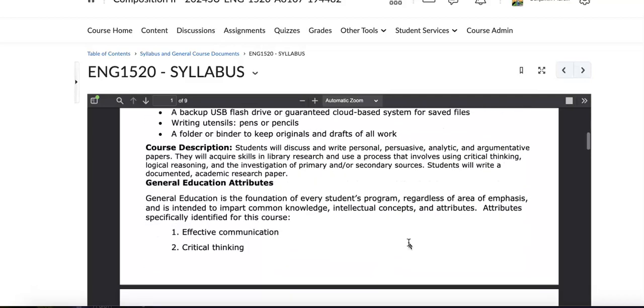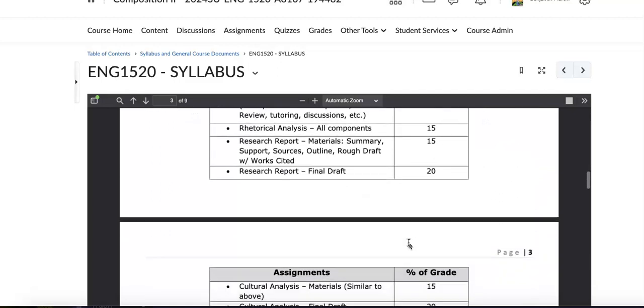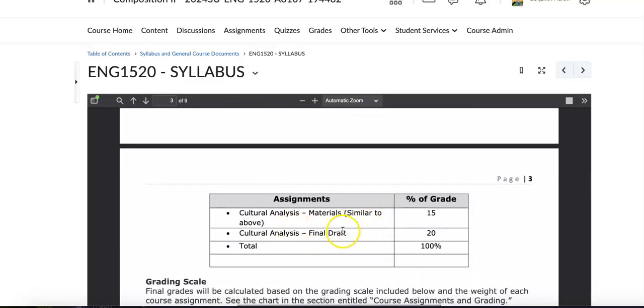Now, the other thing I had open here on the syllabus that I wanted to show you guys is the piece that comes up at the end of the semester, the cultural analysis. It will open up next week, and this will be the last thing that overlaps between two assignments. This one is a fairly straightforward and easy piece to do, and I'm giving you a couple of options. The materials will include a summary outline. For the draft, I'm going to make two different options.